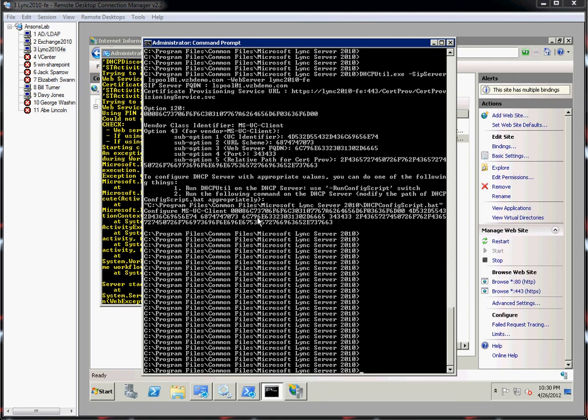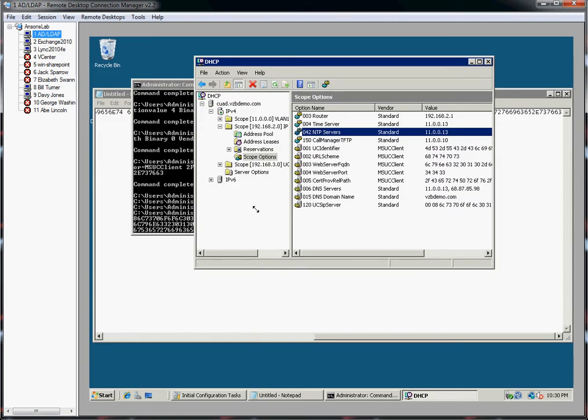So first, the information on what I have here. I have a lync 2010 server. It's standard edition. I'm running everything on one server, just a little lab environment. It's 64-bit, obviously, and then I have a DHCP server. My DHCP server is a 32-bit, and that was my problem. So I have a 64-bit lync server and I have a 32-bit DHCP server. So what I had to do,